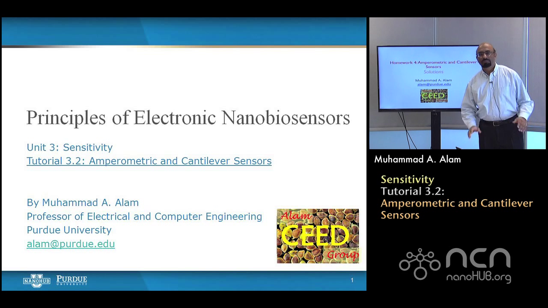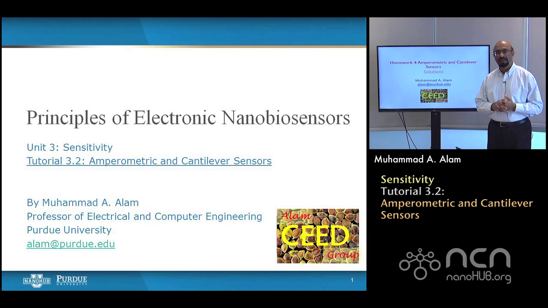Okay, so this week we discussed two special types of sensors, amperometric sensors and cantilever sensors. You remember that there are basically three that we planned to discuss. One was in the previous module, all about potentiometric sensors and the various limits associated with them, meaning screening and pH-based interference of the sensor surface. This week, primarily, we are thinking about amperometric sensors, which have slightly better selectivity, and cantilever sensors, which are mass-based.